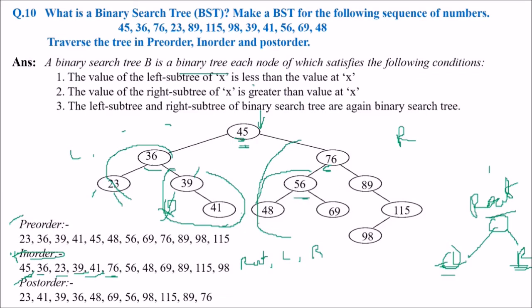Again we'll take the root first, 56. Then go to left, 48. Then go to right, 69. Now root is over, left is over. We go to the right. In this, we already have